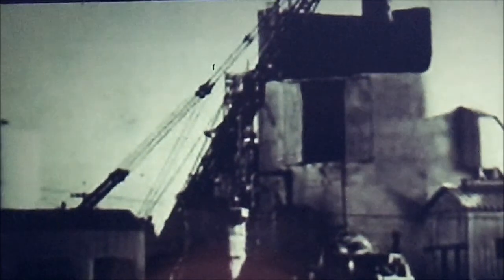Now, that was an Army reactor, and it did not have a containment building. One poor guy got impaled to the ceiling by a control rod, so...